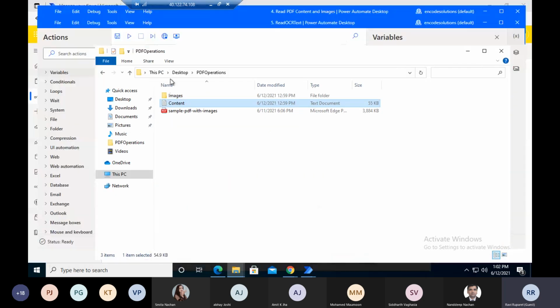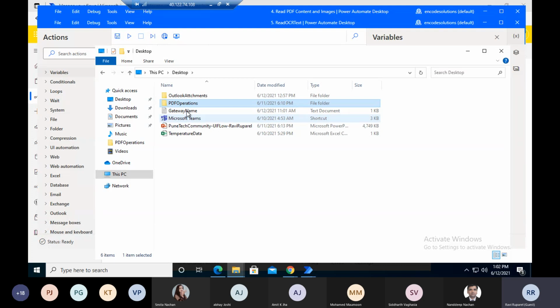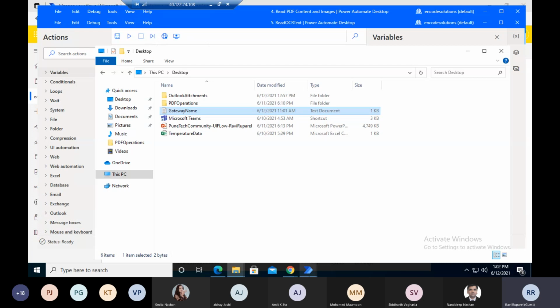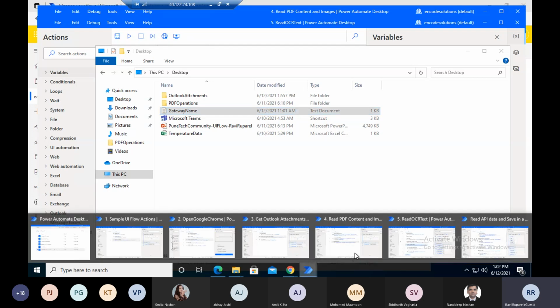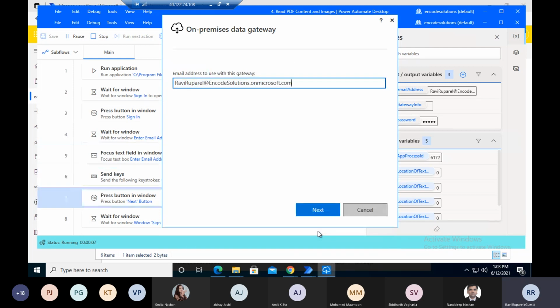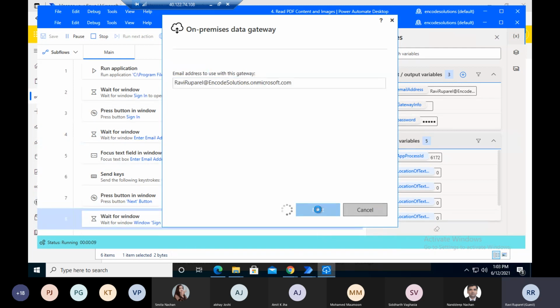So for that I have created one file, gateway name. Over there is no text over here. Let me run this flow. So it is automatically adding the text from our actions.